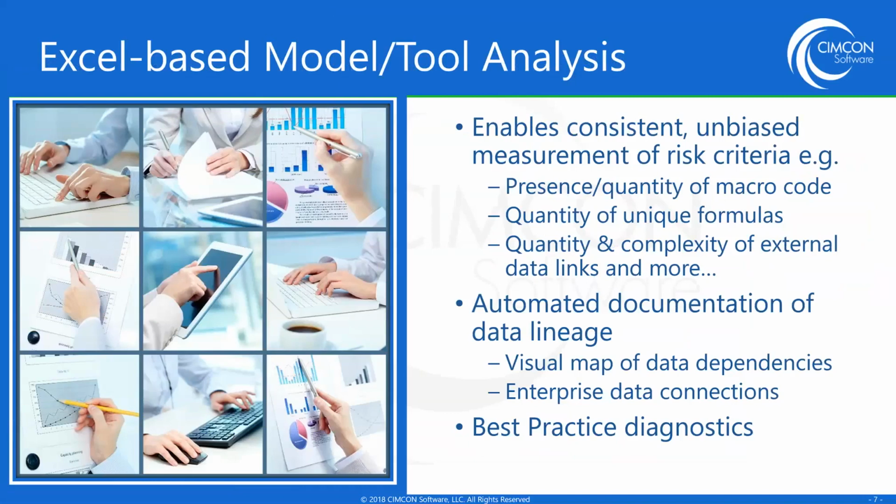And so you often get into debates as to what's a model, or what is a file that's of sufficient complexity and or risk that it should have some controls. And when you use a software tool to analyze this, you can get a very objective measurement of various risk factors like the presence of macro code. How many unique formulas are in this file? You know, some of our customers have files with 4 million formulas in them. Obviously, that's a complex, high-risk file. And again, as we spoke about on the scanning, you can understand the quantity and complexity of the external data